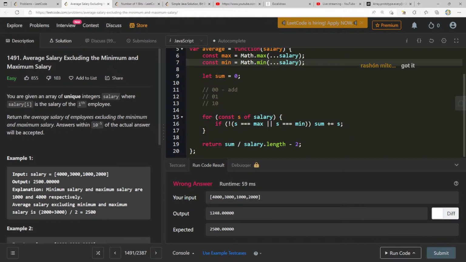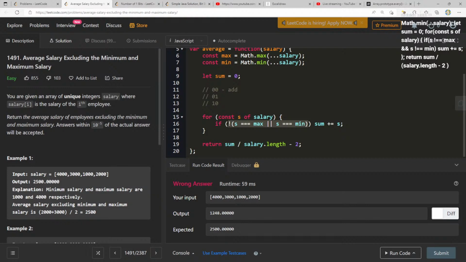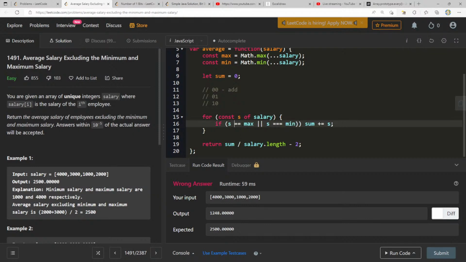That's so weird. Because if you say it like that, right? If S is not equal to... maybe it's because of the or, do we need like 2 of them? If S not equal to max and S not equal to min, what was I doing? If S, isn't that what I had? Wait. If, right? Yeah, if S not equal to max or S not equal to min, pretty sure I had this earlier, then we just sum it.